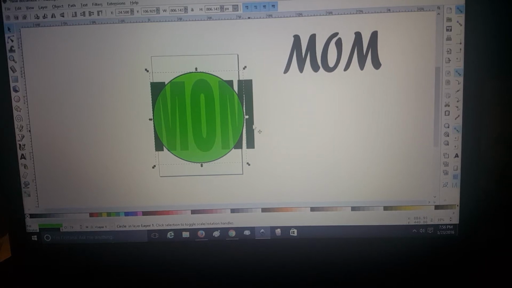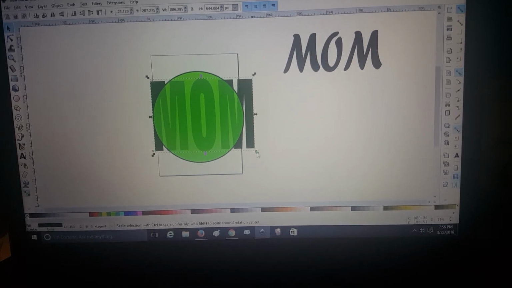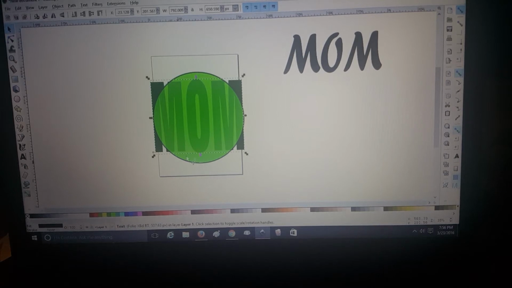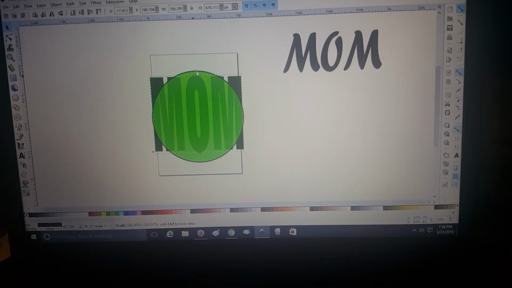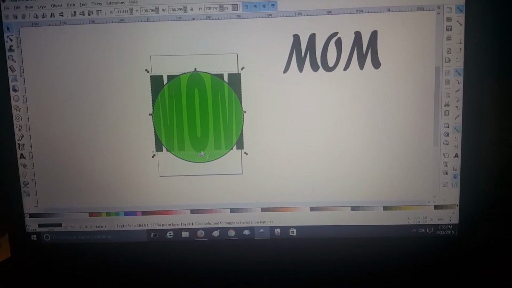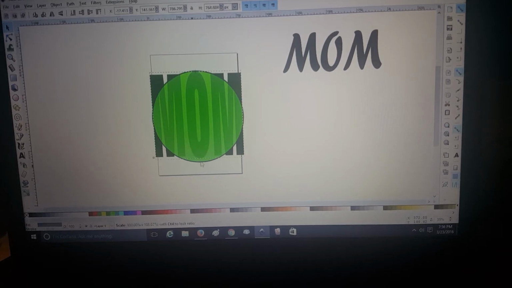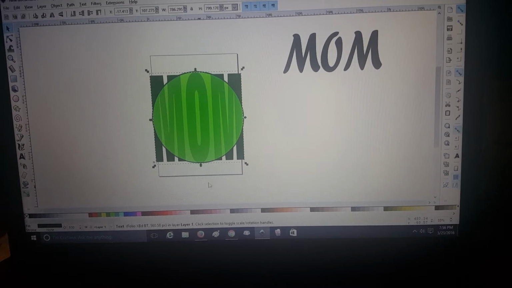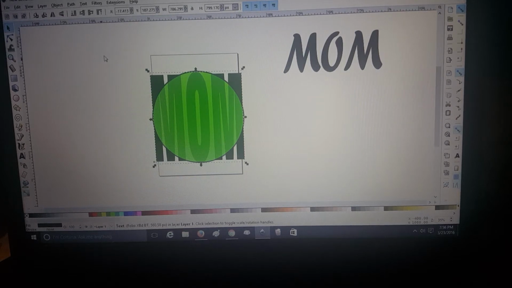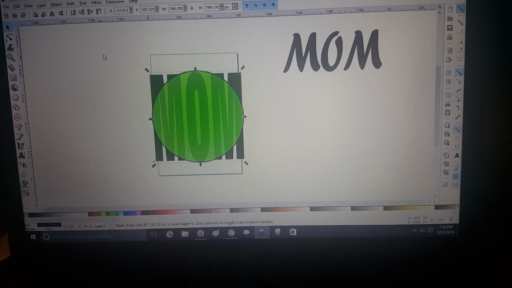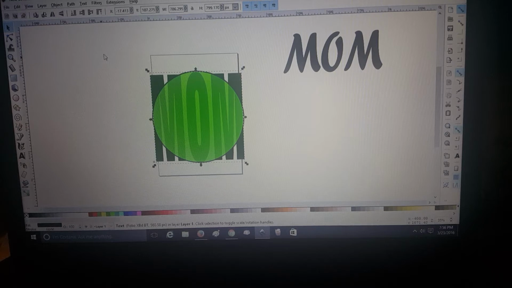And now you may have to adjust your word, your text again. You want your text to touch 4 points of the circle: top, bottom, left, and right. Once you get it sized to where you want it,